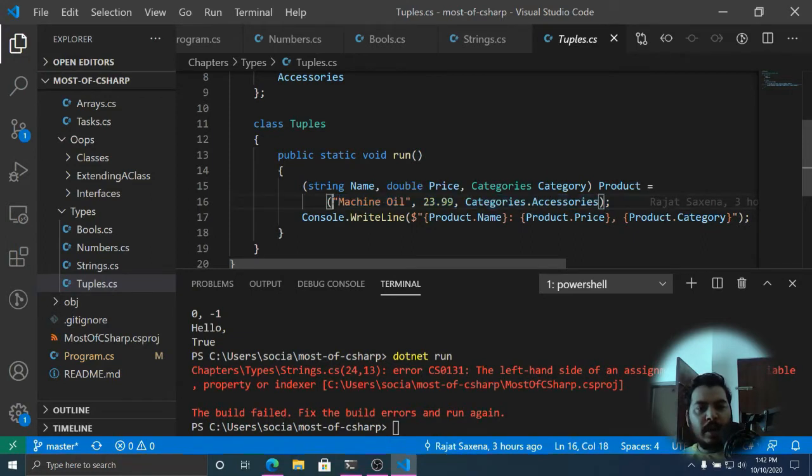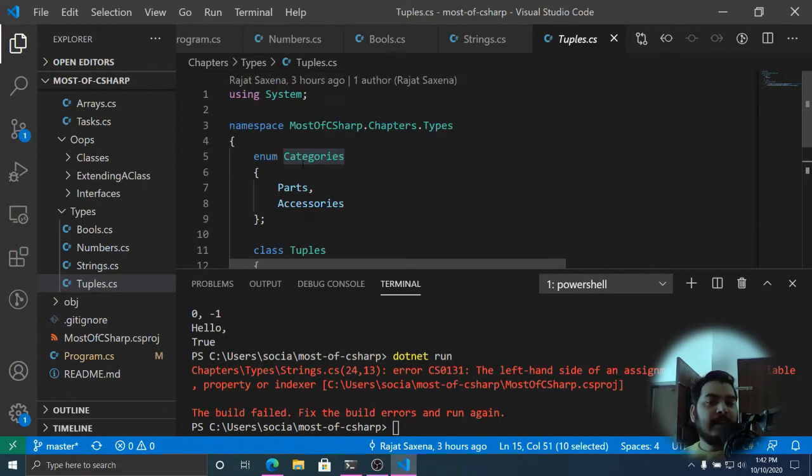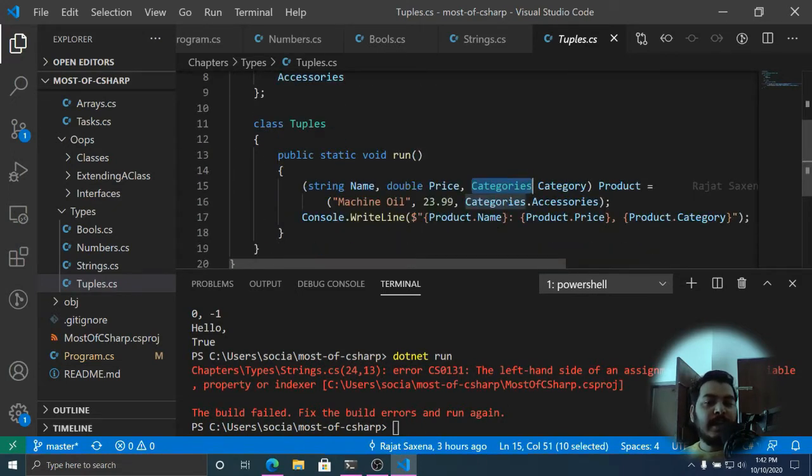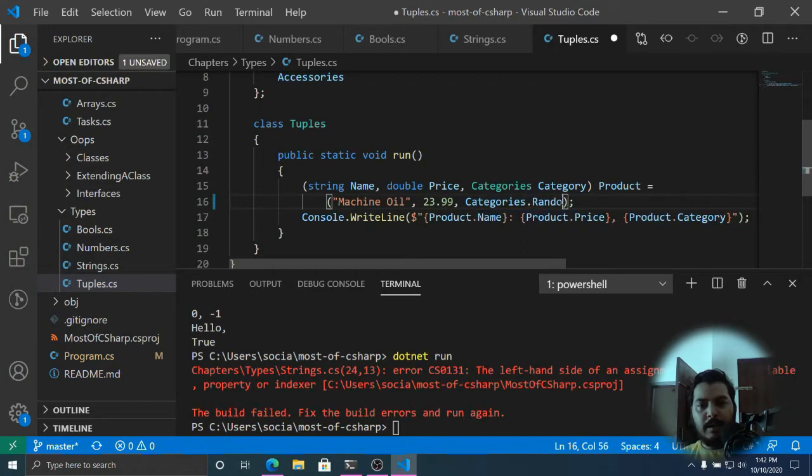The machine oil is of type string, and as we can see, that's of type string. So there has to be a one-to-one direct mapping between the tuple types that are defined here and the actual values that we are using. 23.99 is of type double, and categories.accessories is of type categories. And this is how we can use enums, right? I cannot do some random thing here. It will produce an error.